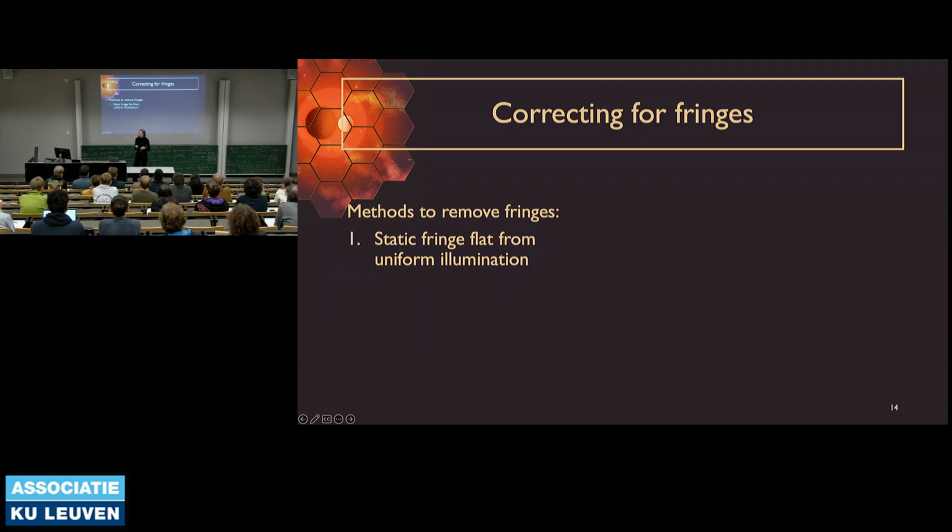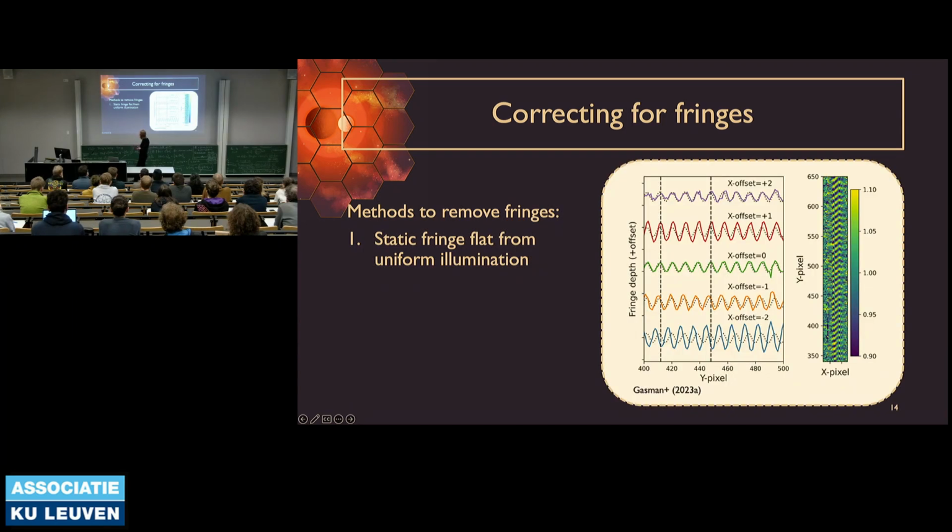This is based on uniform illumination, well, as uniform as you can get, I guess, in space. And because of this, it does not actually work that well for point sources, because fringes are actually dependent on how you illuminate your lens, your detector as well. So because of this,